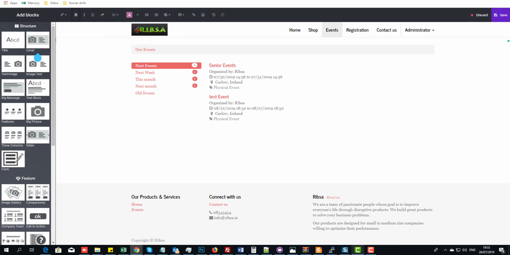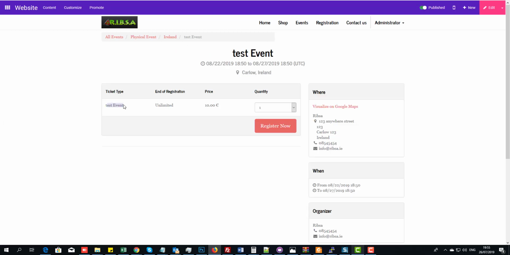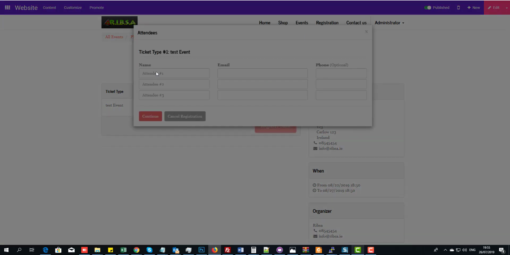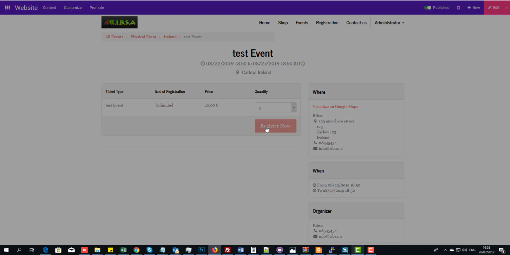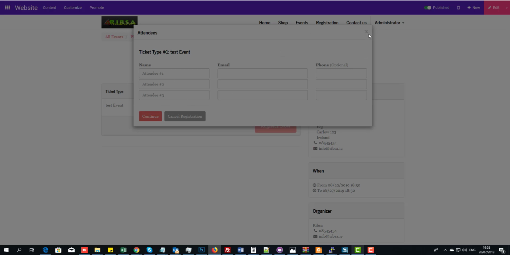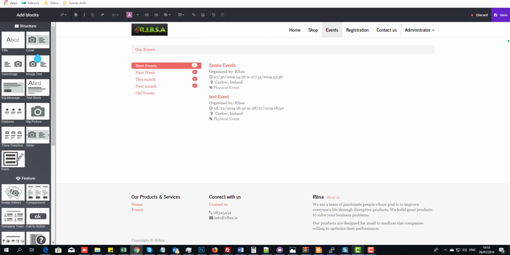So that's the back end. So again, if we bring over the front end where the member will actually register for this event. So click on test event. We call it test event, to end the registration, we never put a date on it. The price is €10 and I want 3 tickets and I want to register. So it'll actually ask you then for the 3 attendees. The reason that's grayed out at the moment, I think I have actually only allowed a minimum of 1 ticket per registration. Again, if you go back here,